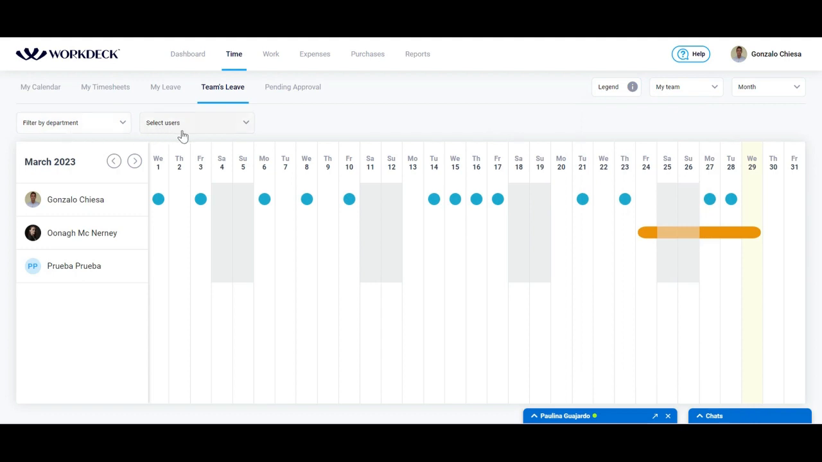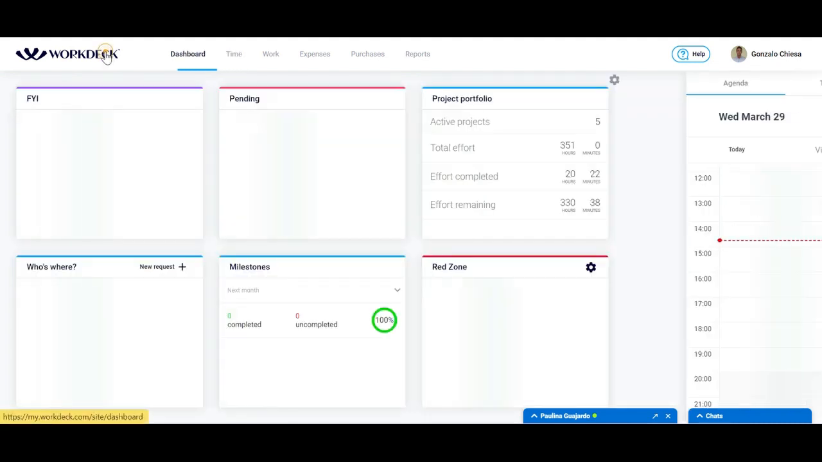Remember, the Leave module is seamlessly synced with calendars, projects, the resource planner, and the Who's Where widget on the dashboard,